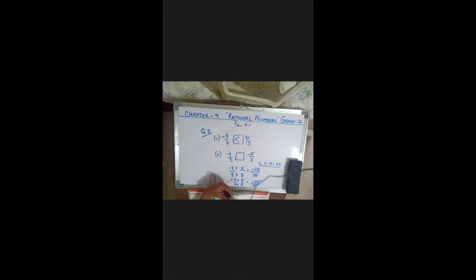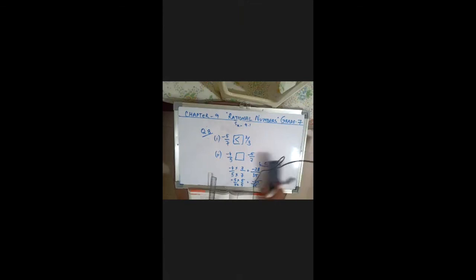Once again, first you will find the LCM of both the denominators. LCM here, prime numbers, so 5 7s are 35 will be the LCM. Now this LCM will be the denominator of both the rational numbers. First rational number: 5 should be multiplied by 7 to get 35. Second rational number: the denominator 7 should be multiplied by 5 to convert into 35. 7 5s are 35. Here we are multiplying by 7, so the numerator also should be multiplied by 7. Minus 4 7s are minus 28. And here minus 5 into 5 will be minus 25.